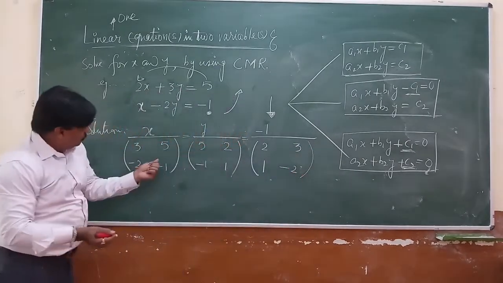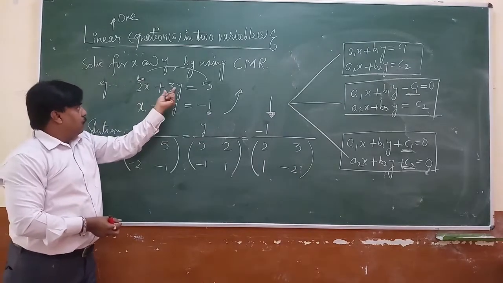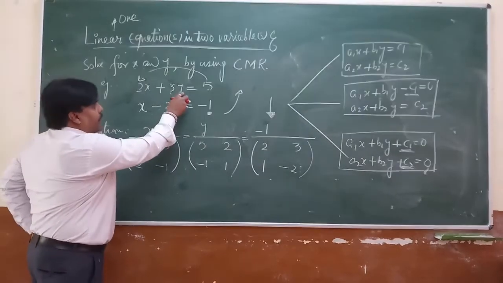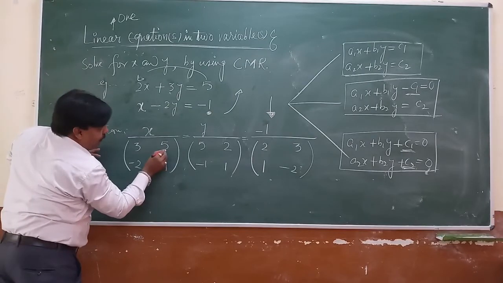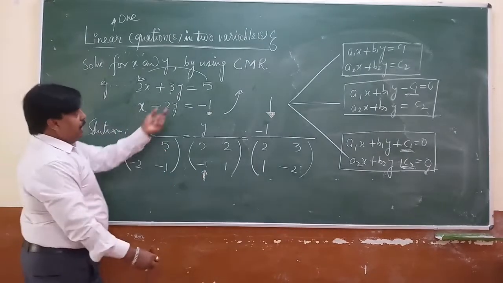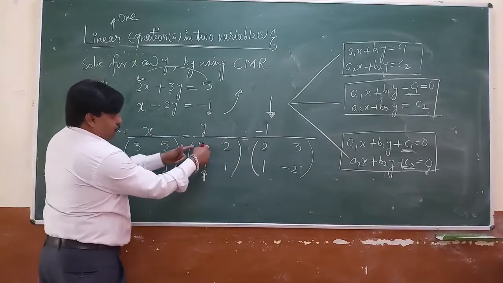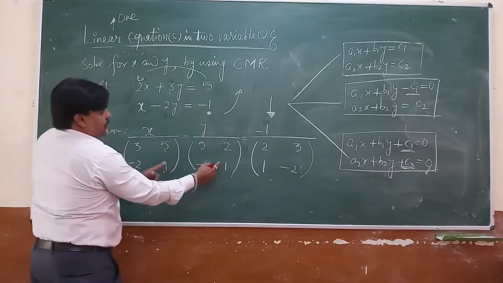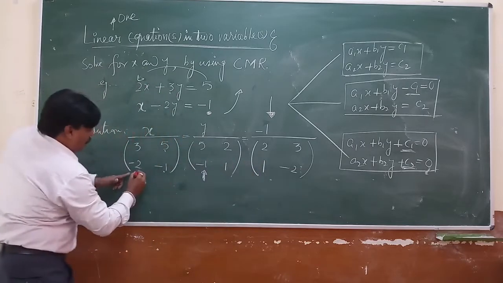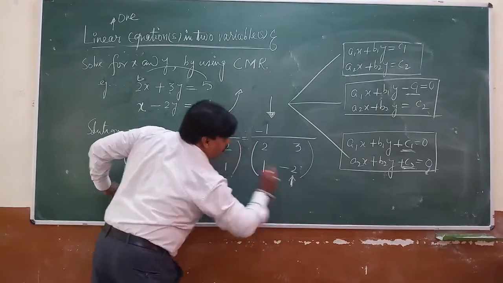So look at here now. If you are going to write for x, your numbers are coming plus 3, minus 2, 5 and minus 1. If you are going to write for y, again whatever you have written here, the same terms are coming here, the same numbers. Similarly, for this y, we are going to write 5 and minus 1. Now for this constant, 2 and 1 are here, then again they are coming. And whatever is in the first column is here, the same numbers will come here.